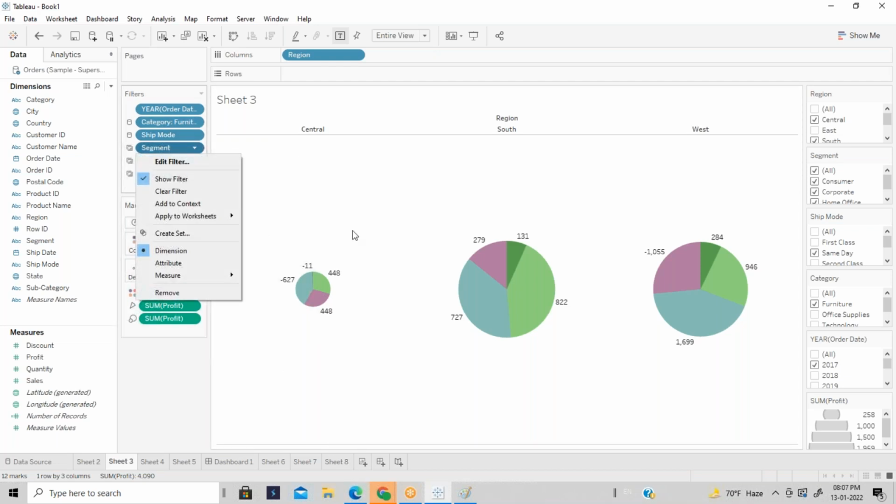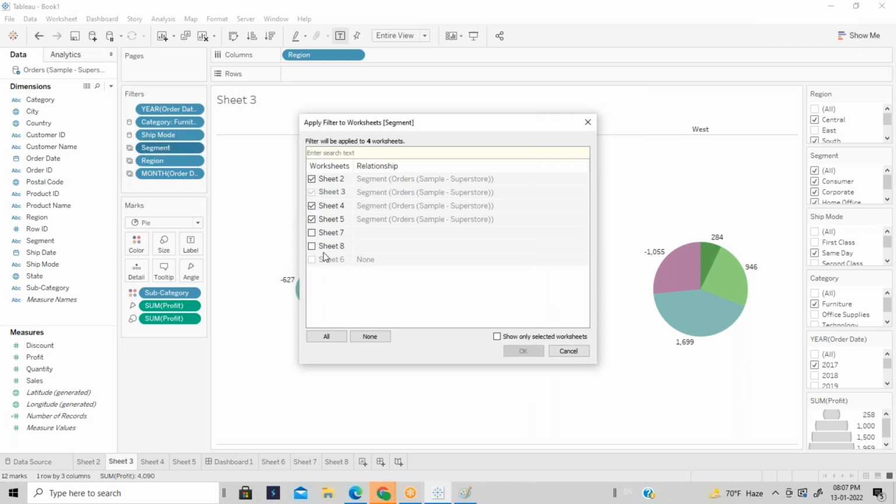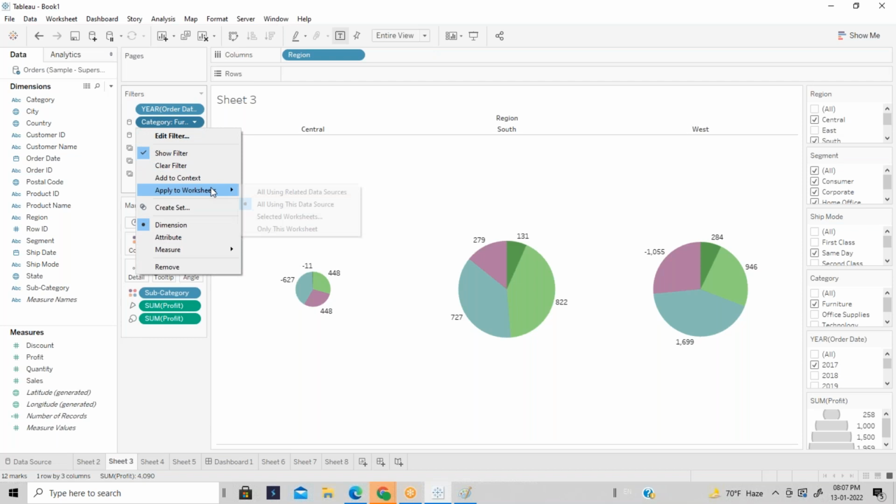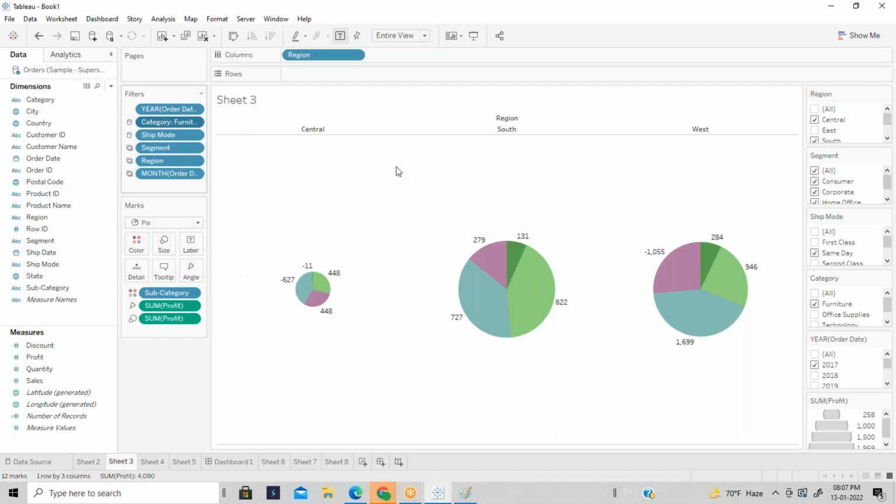If it is the sheet level, what will happen? If you apply to the selected worksheet, then if you try to create new sheets again, you have to apply that. To avoid that, if you think that many changes may come in future, then you can go with the data source level filter, where you select apply worksheet using this data source.